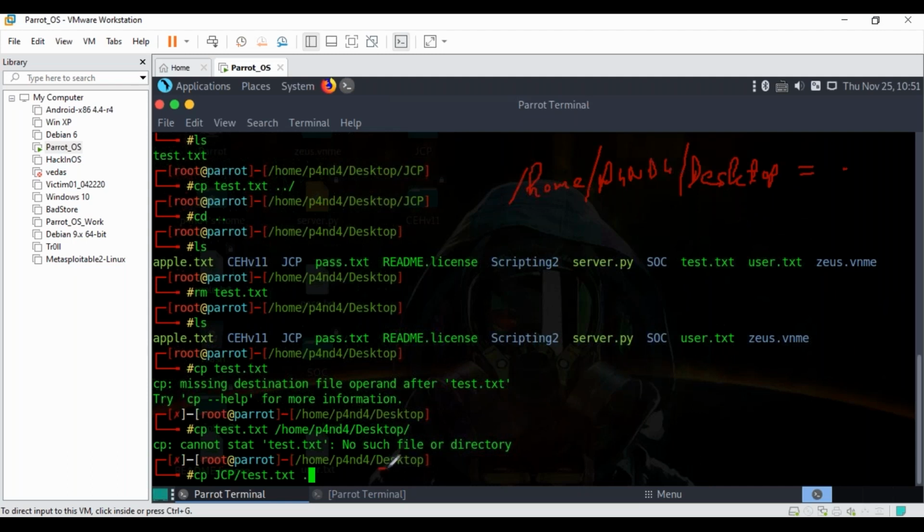Because right now I am inside my desktop directory, this is equal to that path. Make sense?